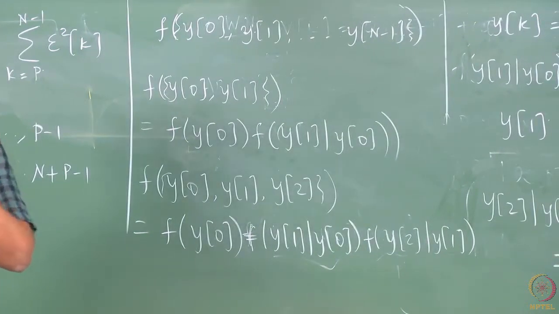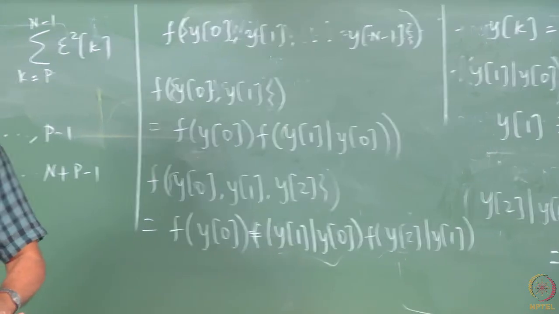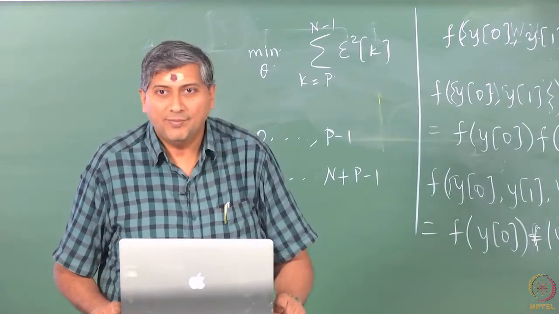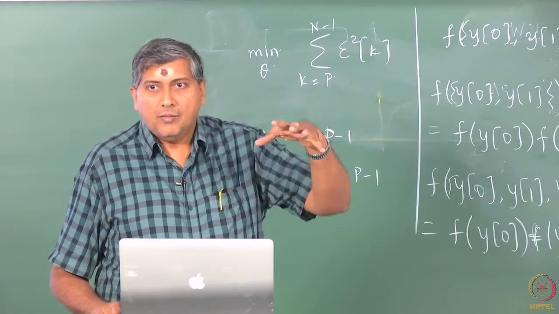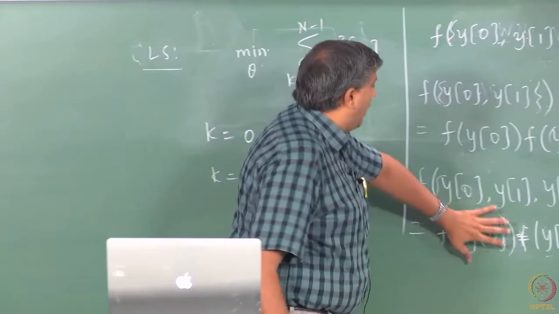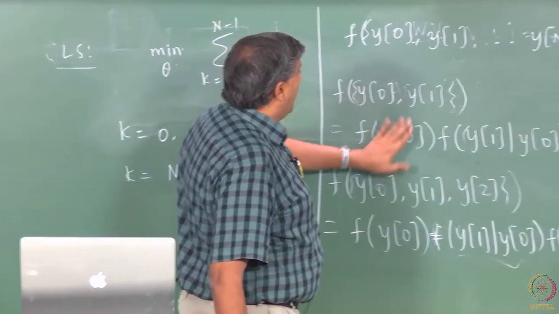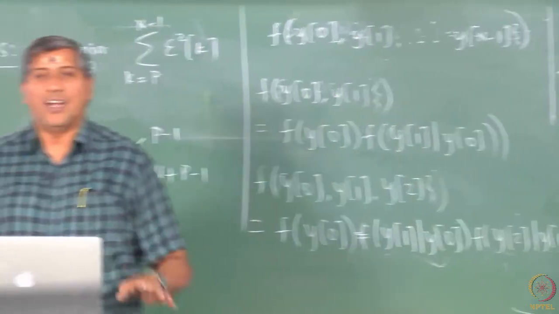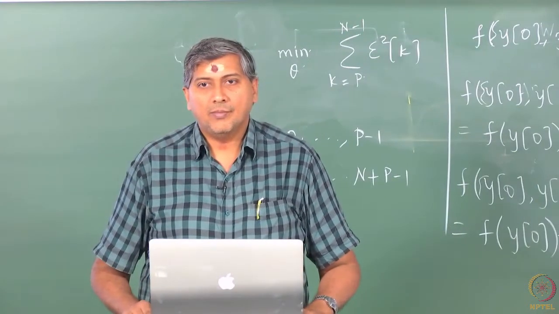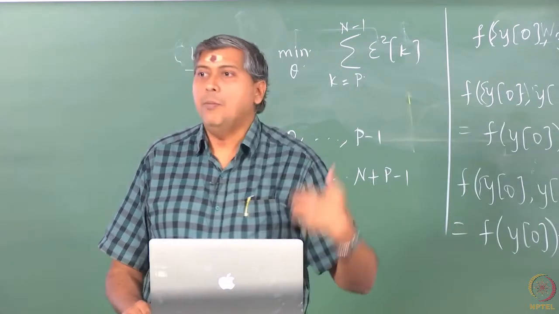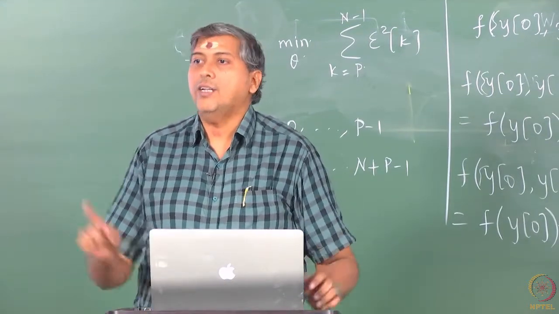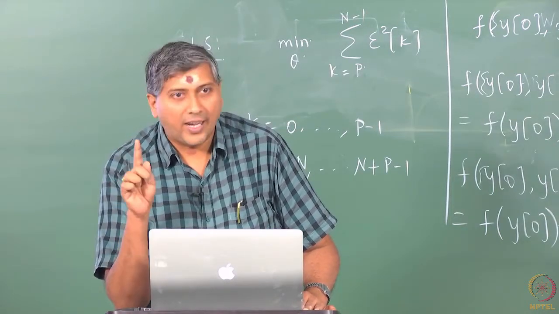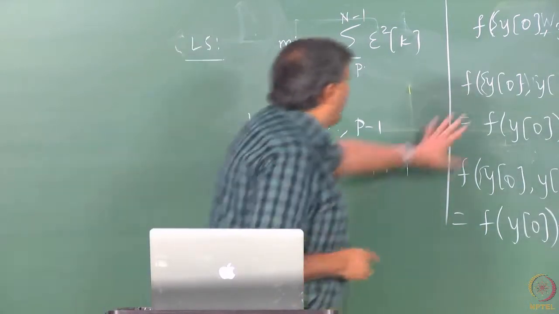We have said I cannot write the PDF of the original series, but if I freeze, why not? Imagine that Y0 was fixed; the remaining series conditioned on Y0 is uncorrelated. Now you come back to the fact that Y0 is not a deterministic quantity, it is a random variable, and that is why you factor in f of Y0.